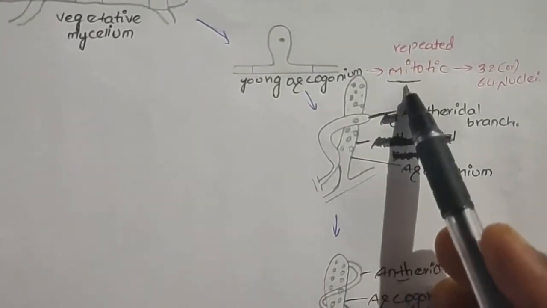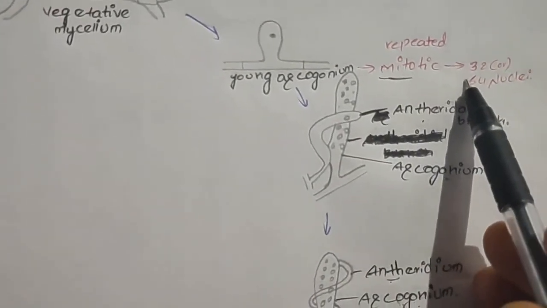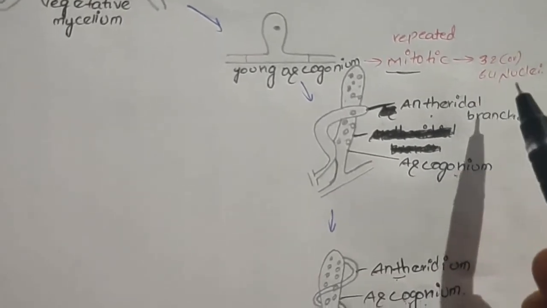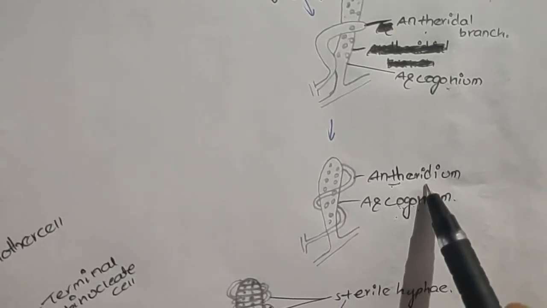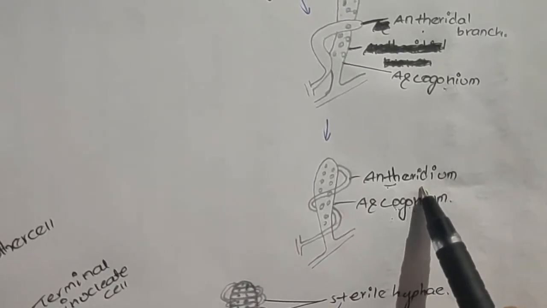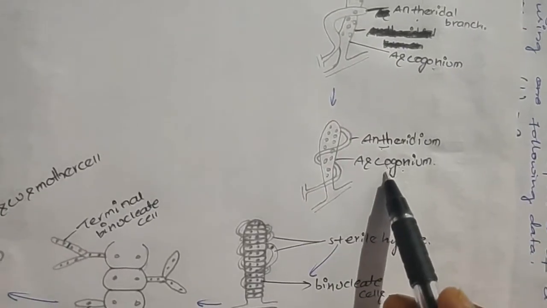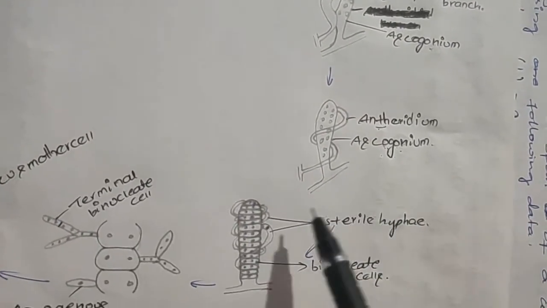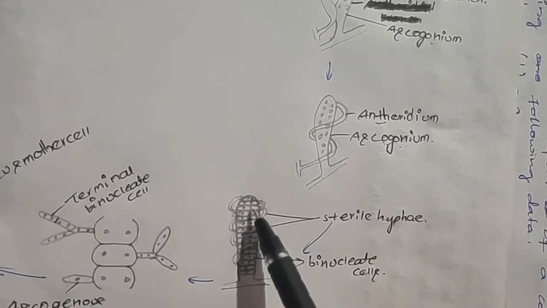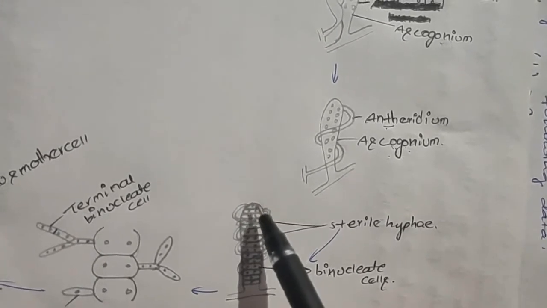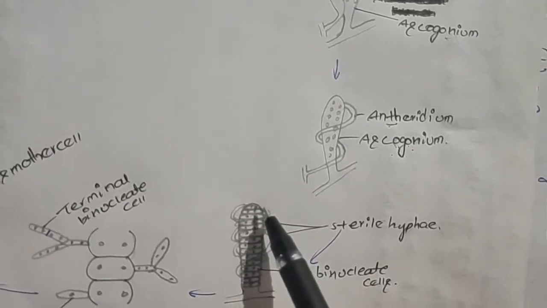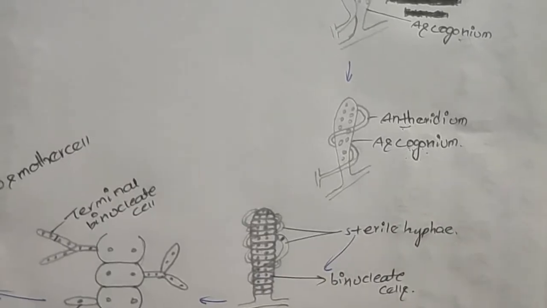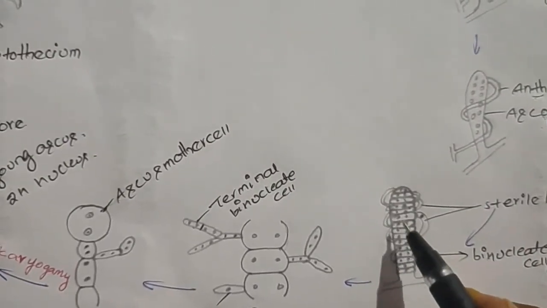This ascogonium contains many nuclei because it has already undergone repeated mitotic divisions, and it contains 32 or 64 nuclei. Now all these nuclei are mixed with this single male nucleus. Now this ascogonium divides repeatedly by partition walls and forms many cells, and each cell contains two nuclei. This condition is known as the binucleated cell, because each cell contains two nuclei. Some of the binucleated cells of the